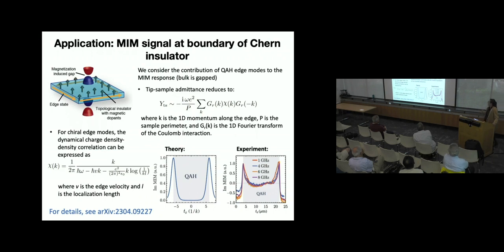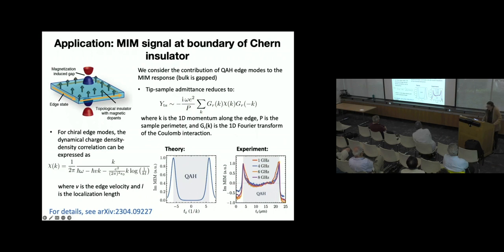And it's not really a new concept. Edge magnetoplasmons have been studied fairly extensively in the context of quantum Hall and fractional quantum Hall effect in gallium arsenide in the gigahertz regime. So there's actually a very large body of theoretical work on edge plasmons at gigahertz frequencies in quantum Hall systems. And